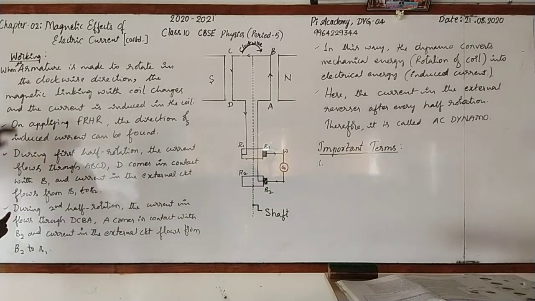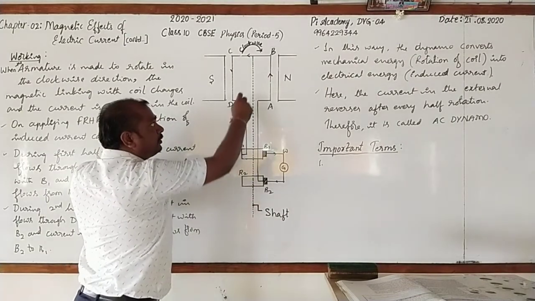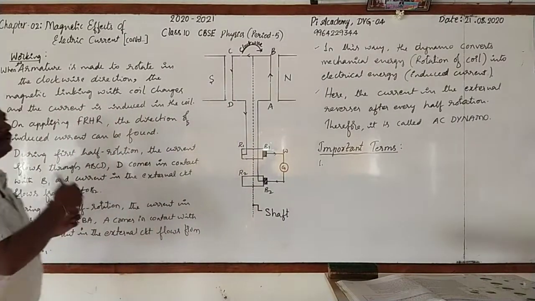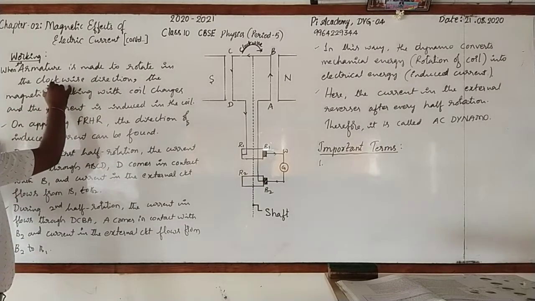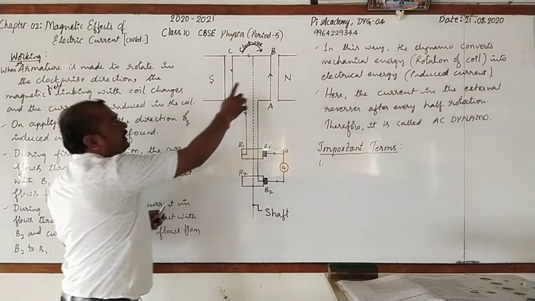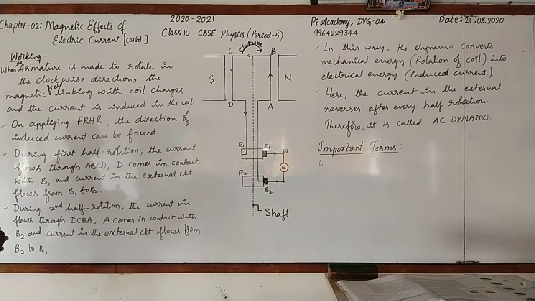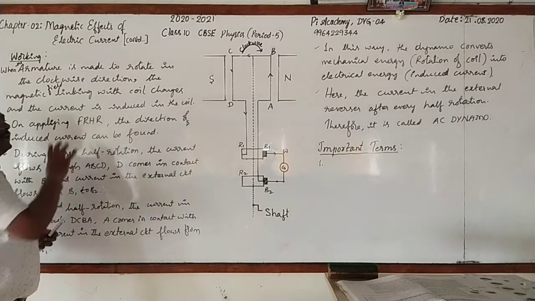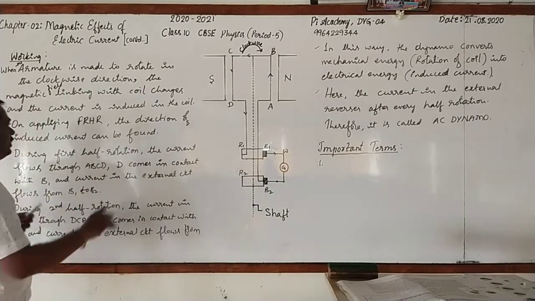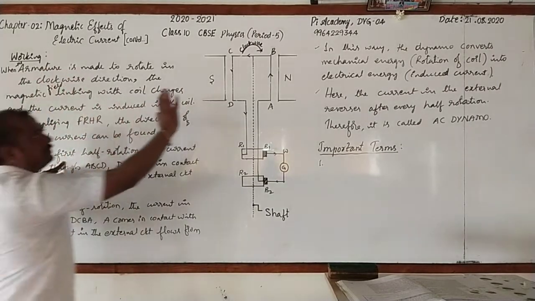Dear students, here I have written the working of this AC dynamo. Very simple. Look here, with the armature using the shaft, nothing but axle, when the armature is made to rotate clockwise direction, then the magnetic field linking with the coil changes, right? Magnetic field linking with the coil changes. Therefore, current is induced in the coil. Then the direction of current can be known by using Fleming's right hand rule. Got it? That here, during the first half rotation,